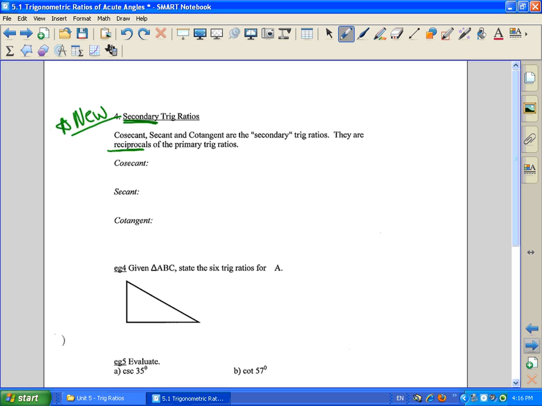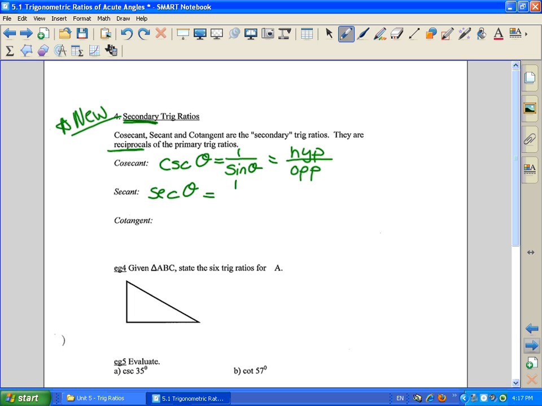So for example, cosecant has a short form, CSC theta, equals, and that's the reciprocal or the inverse of the sine ratio. So what does that equal? Instead of opposite over hypotenuse, it's going to be hypotenuse over opposite. Okay. The second ratio is called secant,